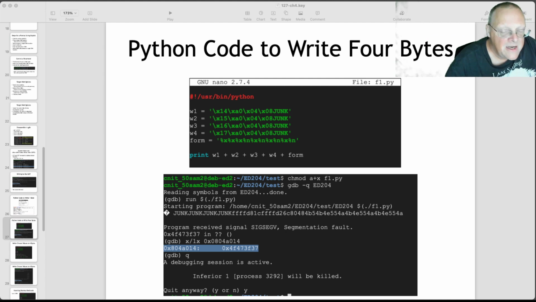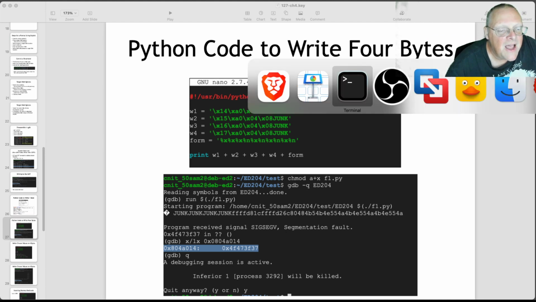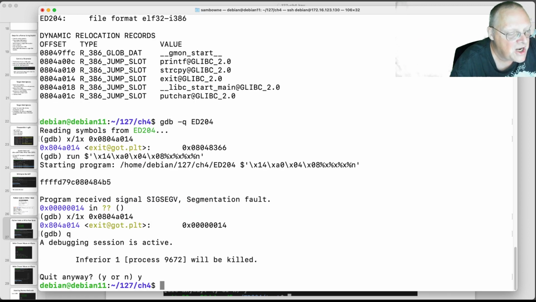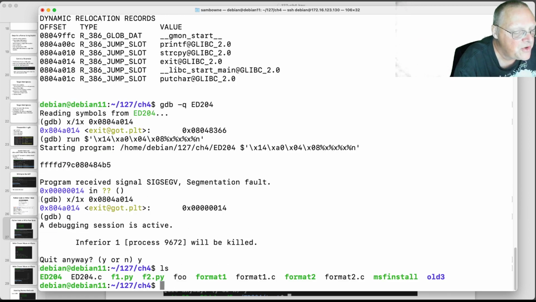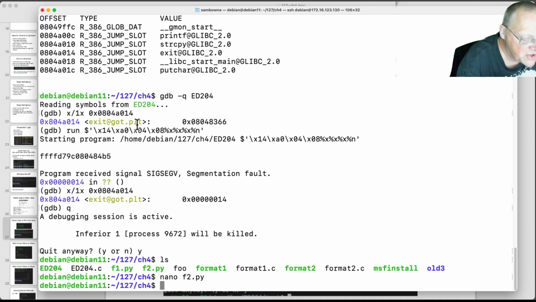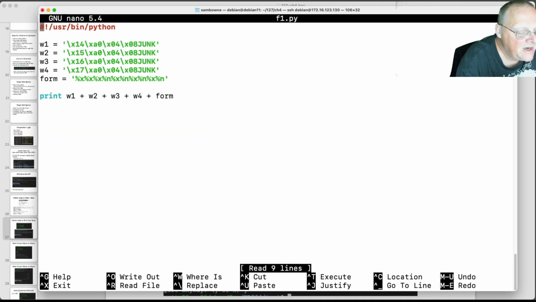And let me get it from my example here, f2.py. All right. And because I'm using Debian 11, it's a little bit different than what I wrote in my instructions, but not much. So let's see if I have f2.py. Yeah, that looks right. So I was trying to hit a controlled value, AA, BB, CC, DD. Let me try my other one. I think I'll start with F1. There we go.